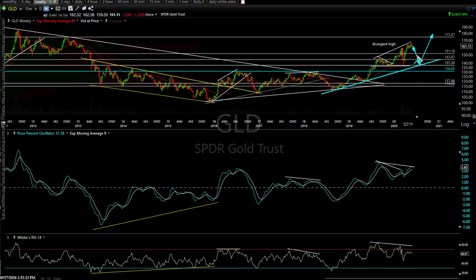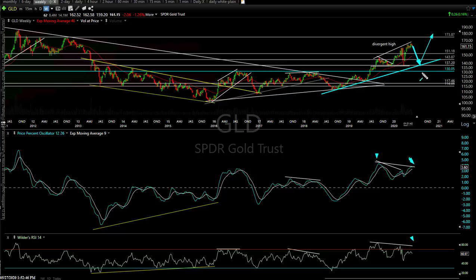And if so, that would help support a case for a deeper correction in gold. There are times, and there have been quite a few times over the last few years, in fact the majority of the time, where gold and the stock market move together. So I just want to say that it is possible. Anything's possible. But right now, like I said,